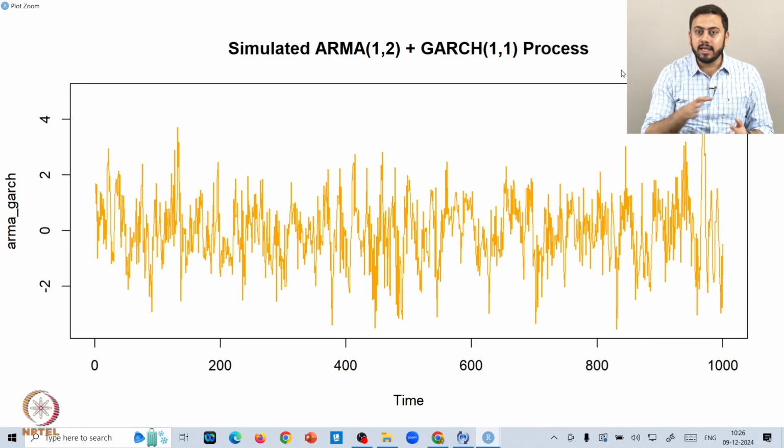The whole idea is that as you slowly extend models, they should be capable of capturing highly volatile processes, and processes where the variance is changing abruptly and much more predominantly. This is the whole idea of all these extensions. So this is just the simulated path of an ARMA 1.2 plus GARCH 1.1 model structure.